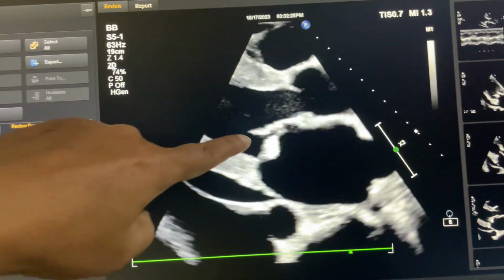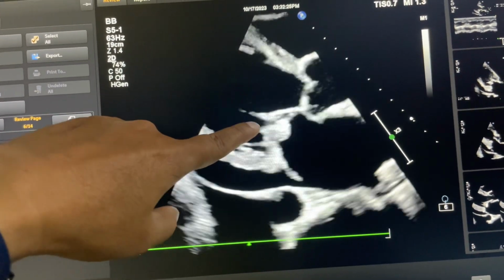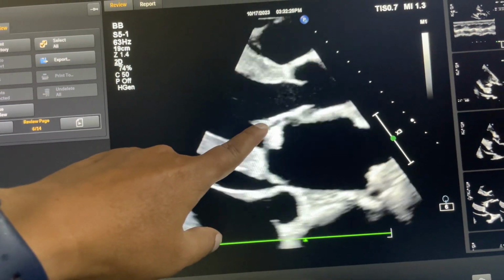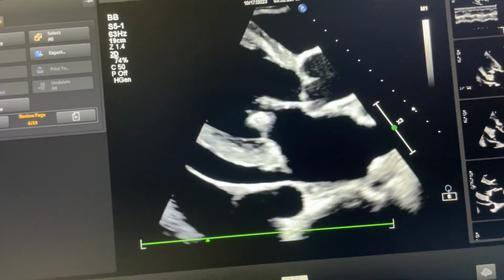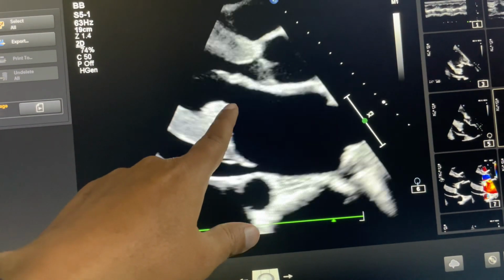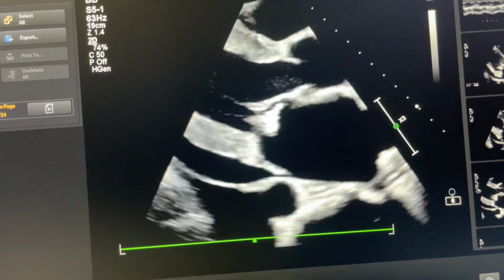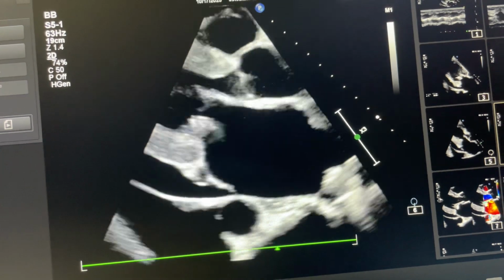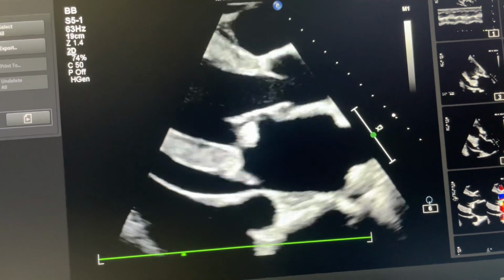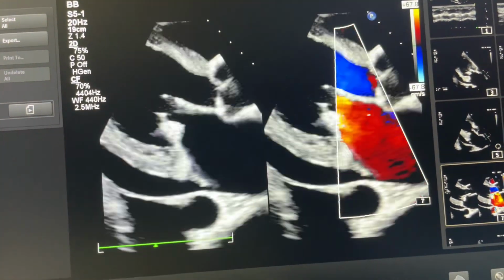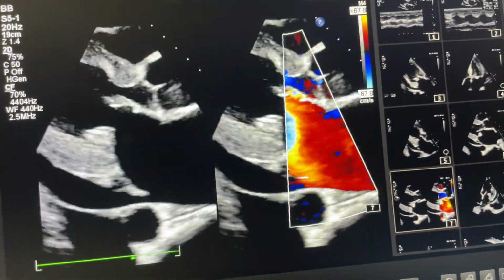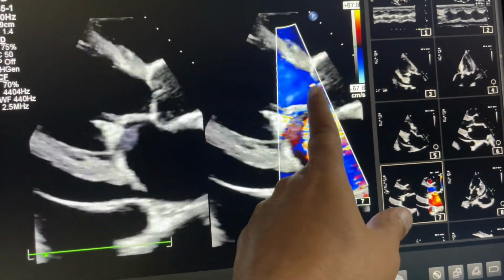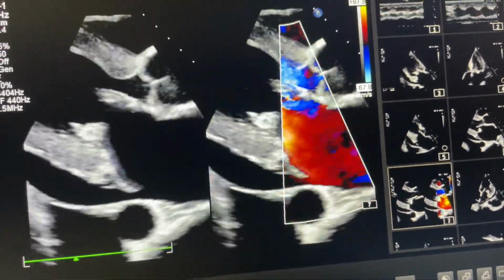At the same time again you see the fibroelastoma of posterior mitral leaflet. At the same time the posterior mitral leaflet is getting flail. The tip of mitral leaflet is coming inside the left atrium, that is flail PML, obviously leading to severe mitral regurgitation. Mitral regurgitation is eccentric, anteromedially directed. You can see this is anterior directed MR